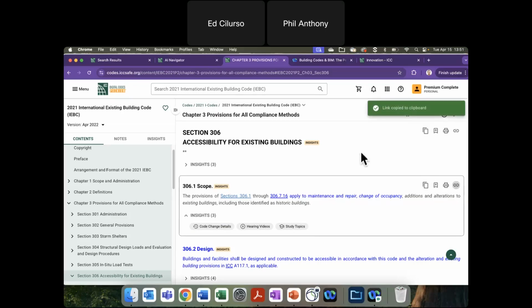If they wanted to copy this link and text it or email it to that person on the phone, when they click on it, since you do not need to have a subscription to view the codes in a free basic view, they could click on it and you could literally be on the same page right here. If they wanted you to copy that and send it over to them, you do have the ability to copy the text, put it to the clipboard, because they won't be able to do that without a subscription.